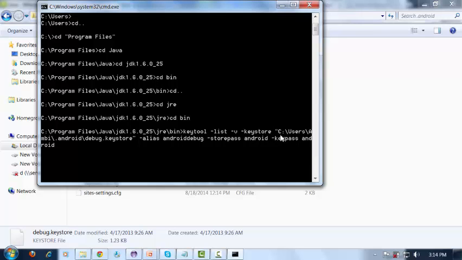So the path for your Android keystore, probably you can visit your users. Inside the users you will find .android, and if you open .android you will find the debug keystore. So get that path, put it in double quotes, then put the alias name, then put the storepass and keypass. It's your wish, you can give different names here. Okay, then if you enter,